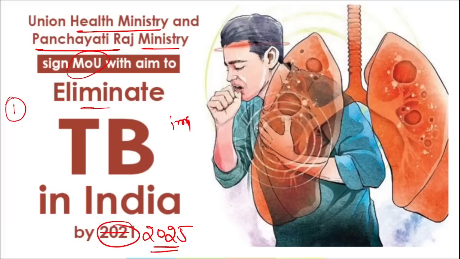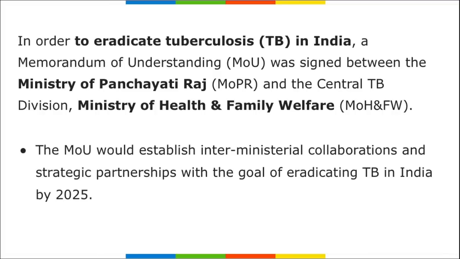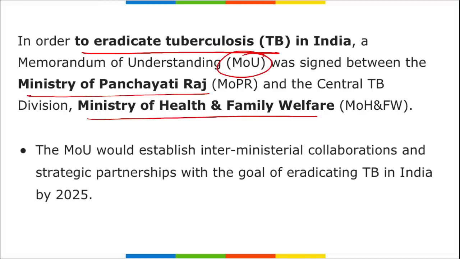Highly important. Alright, you have to remember these two ministries. Union Health Ministry and Panchayati Raj Ministry signed an MOU to eliminate or to eradicate tuberculosis from India by the year 2025. Alright, it is to eradicate tuberculosis in India. This MOU was signed between Ministry of Panchayati Raj and Ministry of Health and Family Affairs, or that is your Union Health Ministry. This MOU established inter-ministerial collaborations and strategic partnership with the goal of eradicating TB in India by